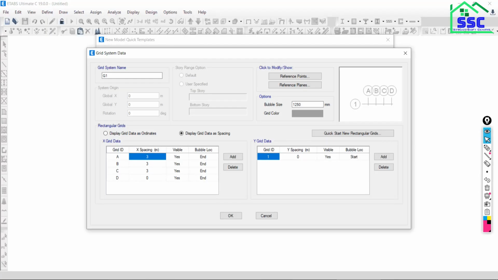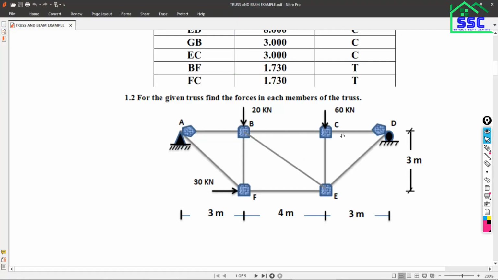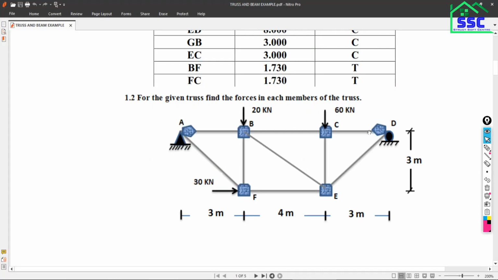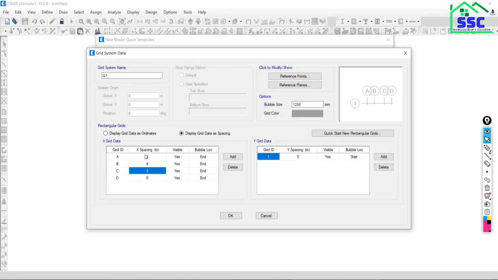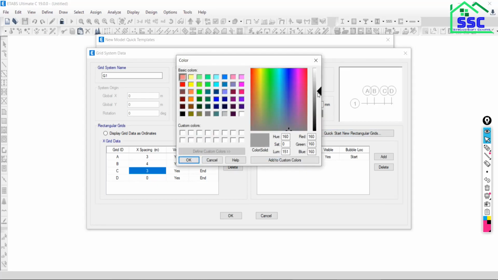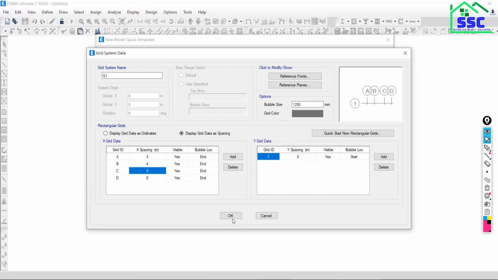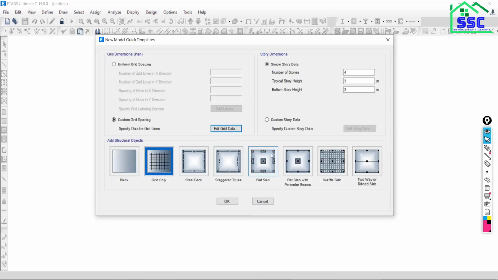So put 3 meters. Next, B to C in reference to B is 4, so put 4. Next it is again 3. Okay, good, so this is 3, 4, 3. In the y direction nothing is there. I would like to take a dark color for the grid. Say OK, say OK.